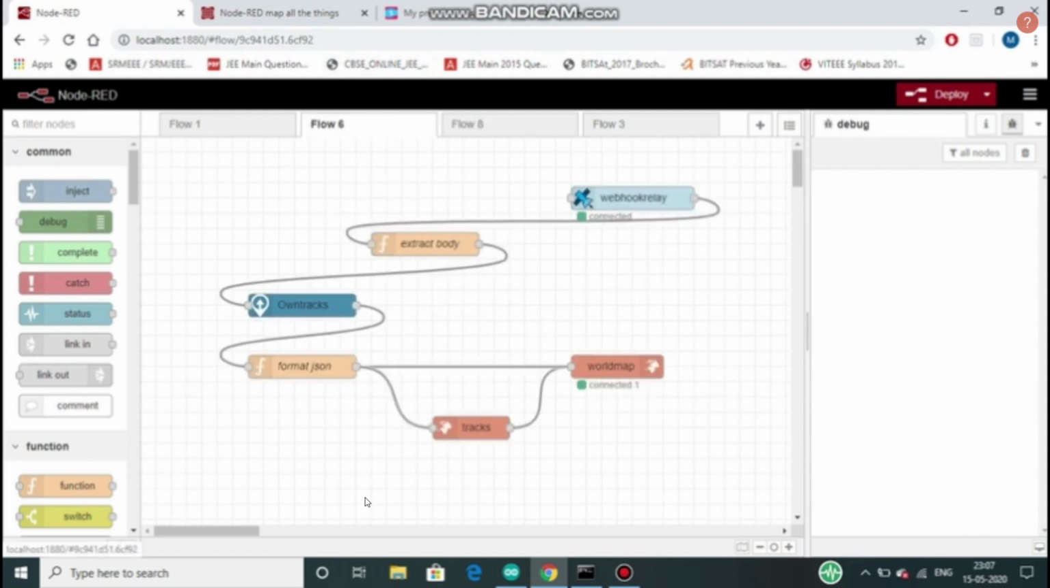And in flow 6, we have used the webhook relay node so that it takes the precise latitude and longitude values of the victim from the OwnTracks app. Now this encrypts the location so that no one else can access it, and this is decrypted by the OwnTracks app, and this is again sent to the world map and the tracks so that we will get the location pictorially. Once we deploy this,